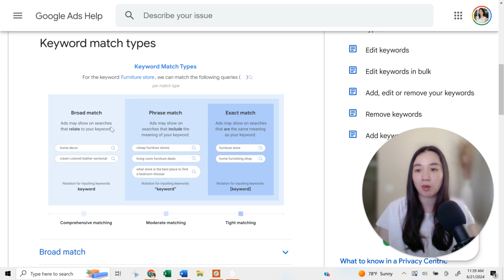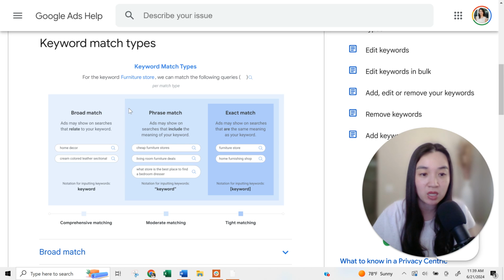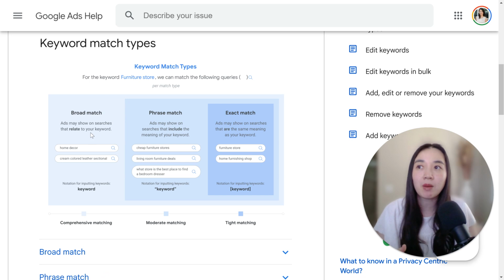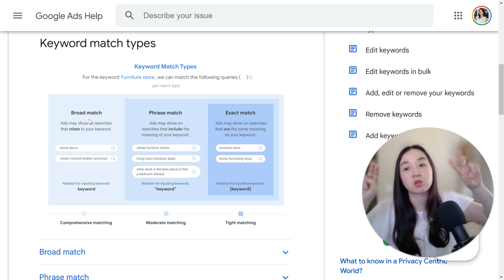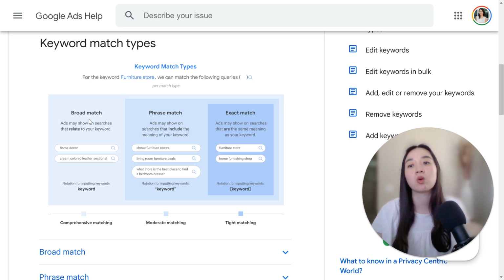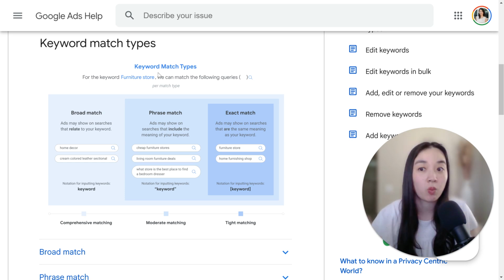If you are using broad match, you're going to be capturing phrase and exact match as well. Google wants you to use more broad match keywords because then Google gets to decide the way that it matches. It could be related to your keyword, but the problem is Google is deciding what is related to your keyword. So in this example, which Google has provided with furniture store,